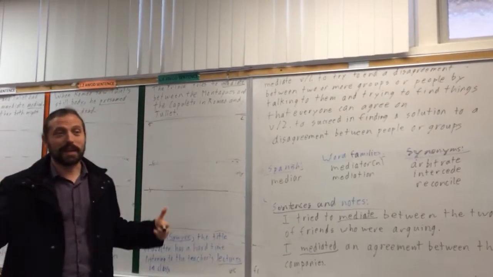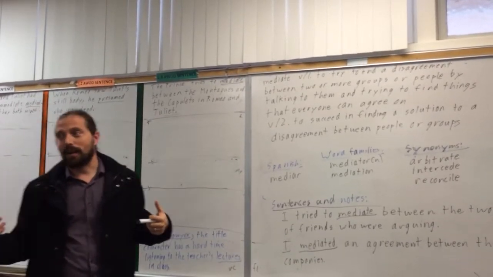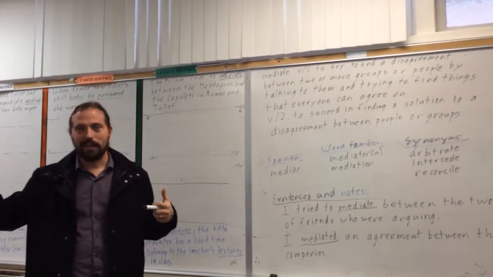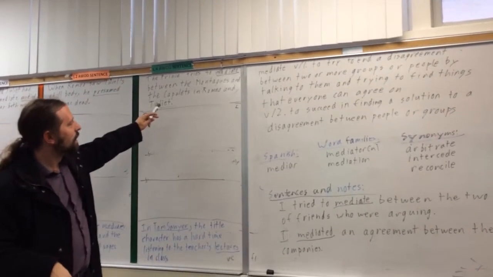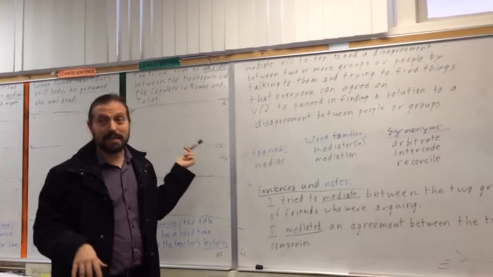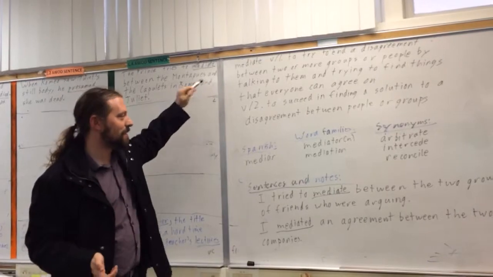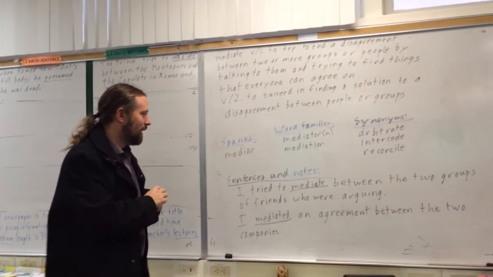Later on in the play, they start fighting again. And Romeo ends up killing a man and he has to run away because of that. So the prince tries to mediate, but he doesn't succeed. So it'd be definition 1. He's trying that, but it didn't work.